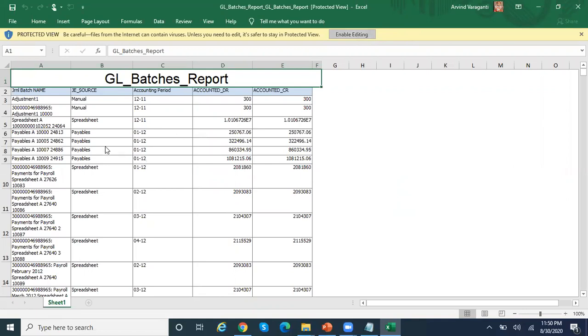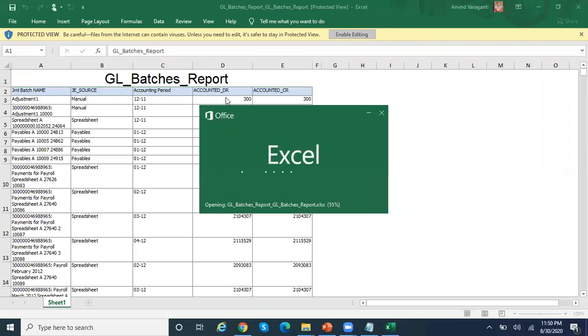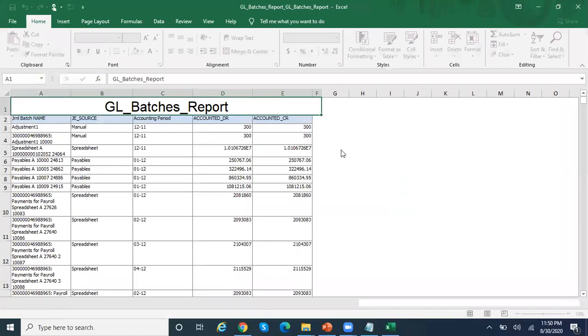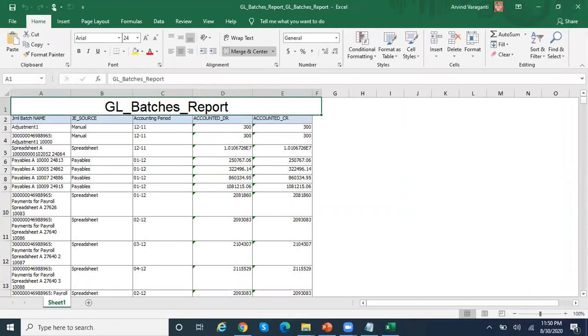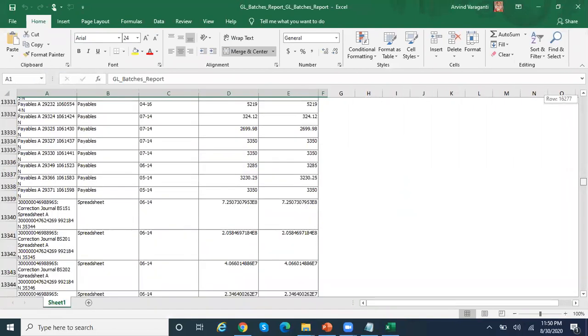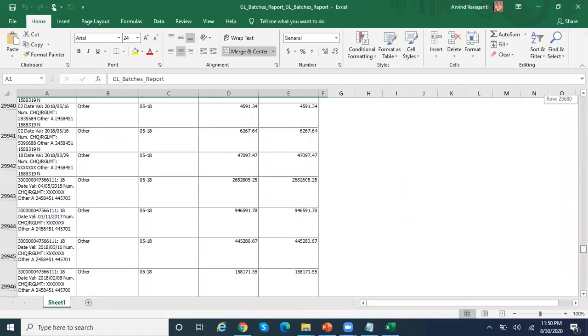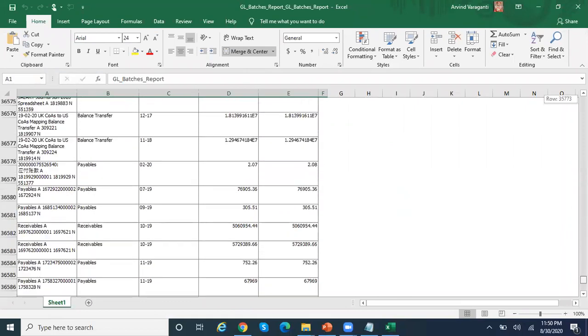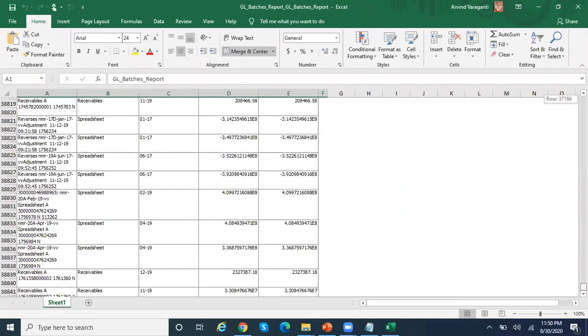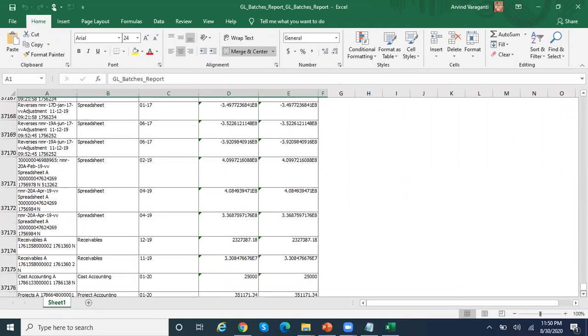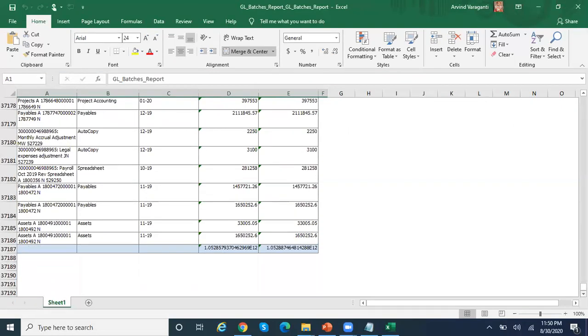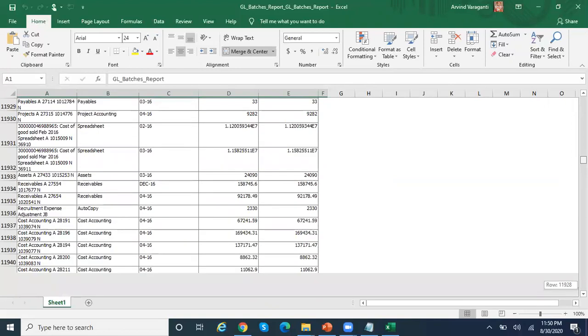Okay, so this is how your report looks: general batch name, J source, accounting period, accounted debit, and accounted credit. You can see all the journals in the system. As I did not give any period parameter, it is showing all the journals for all the periods. And of course, I did not mention the ledger name as well.